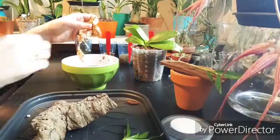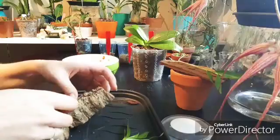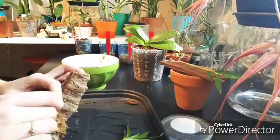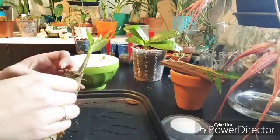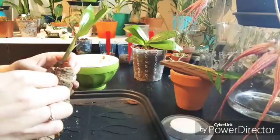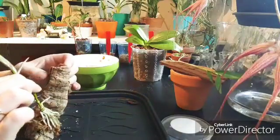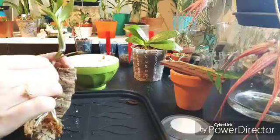I am not really sure if I want to put moss underneath it, but as I was looking, I think it needs a little bit of moss to be in the best position for me, because the eye is actually on the back. It's actually over there, but I don't want you on there like that. Oh,